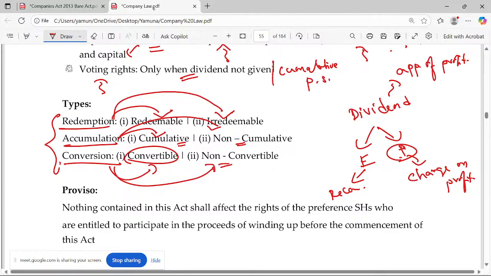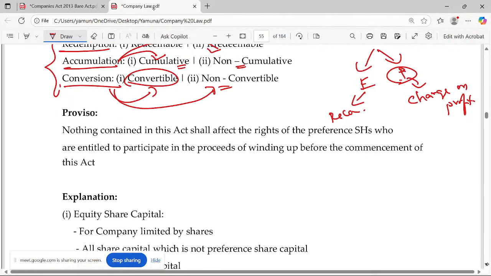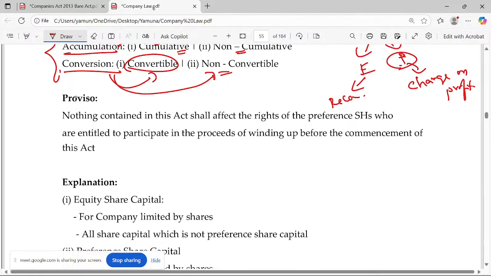Where will you find this item, proposed dividend? The profit or loss account or the balance sheet? General question only, one. Okay. Liability side or asset side? Liability side only. It's a liability for the company. See, even though it's a liability for the company, the term is proposed dividend. Till it's confirmed, you cannot say it's a complete liability.